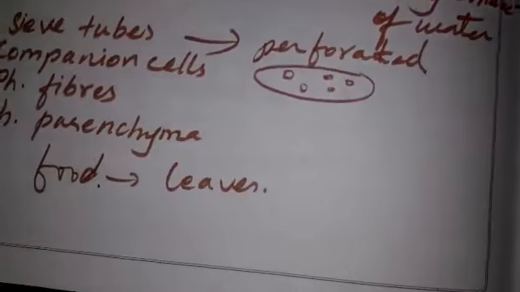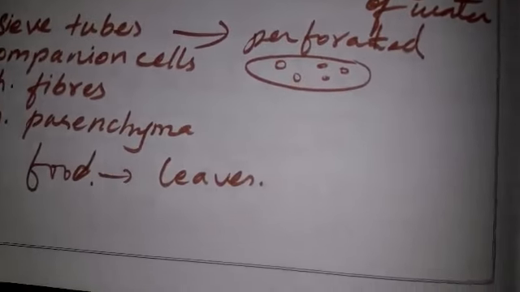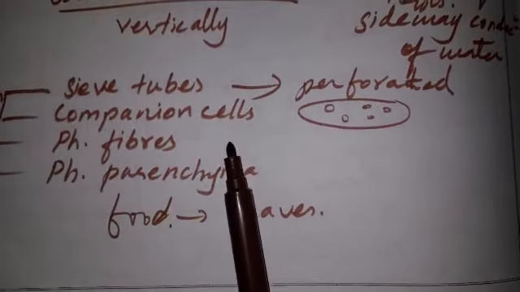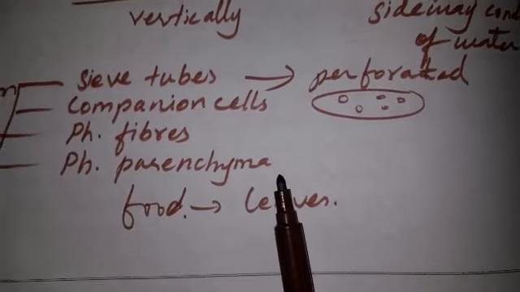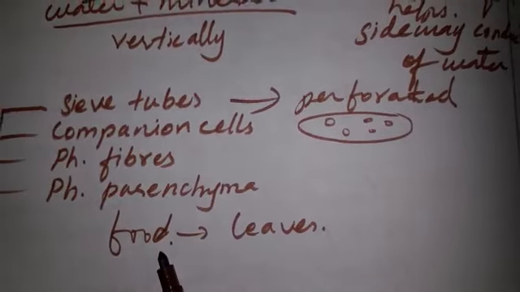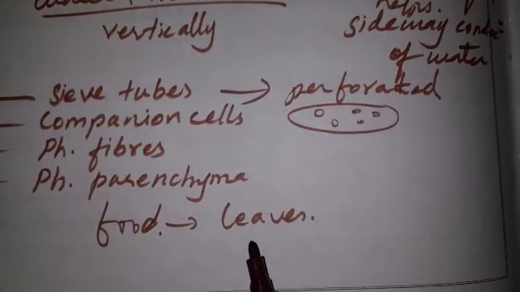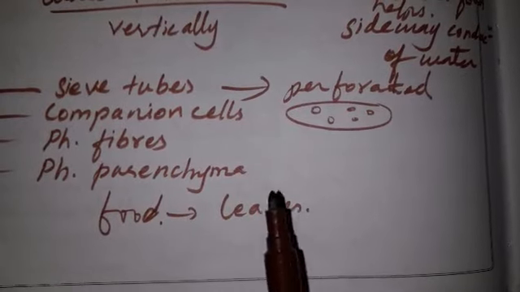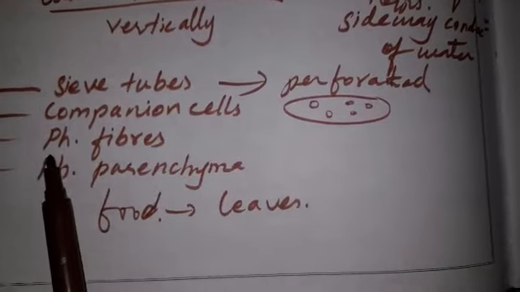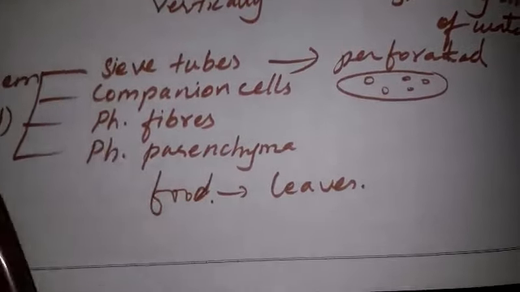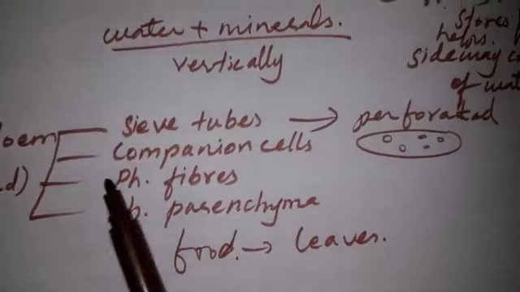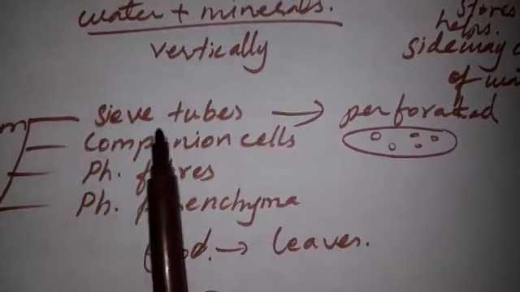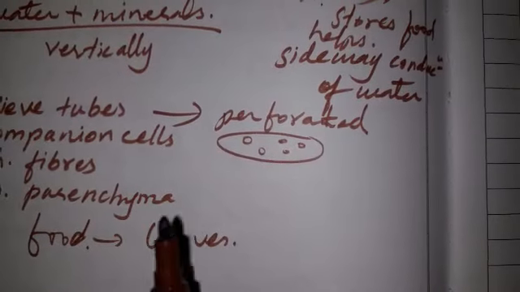So now we will move on to phloem. Phloem is mainly made up of four types of cells: sieve tubes, companion cells, phloem fibers, and phloem parenchyma. It conducts the food prepared in the leaves by the process of photosynthesis, and has to supply the food all over the plant. Only phloem fiber is made of dead cells, remember, and the rest, sieve cells, companion cells, and phloem parenchyma, are all living.